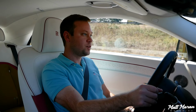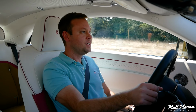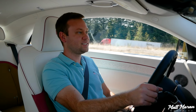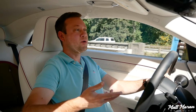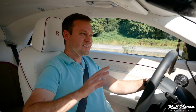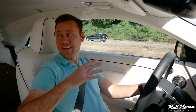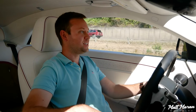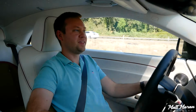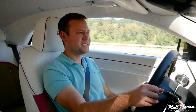But just from a driver fatigue standpoint, it would be nice to see that stuff down the road just to make this extra relaxing to drive. I am really missing blind spot monitoring, though. That is the one thing that I really would like to see, because you want that extra assurance of knowing that it's totally clear. I mean, again, I can look over my shoulders and it's very easy to see out of the sides. But these days you don't have to do it the old school way. It's nice to have that tech. I'm sure it's something you probably still can option on, but just kind of strange it doesn't just come standard